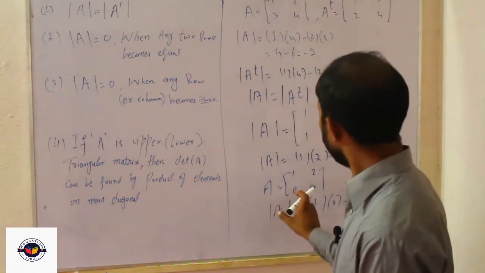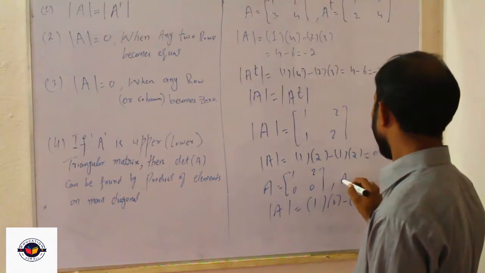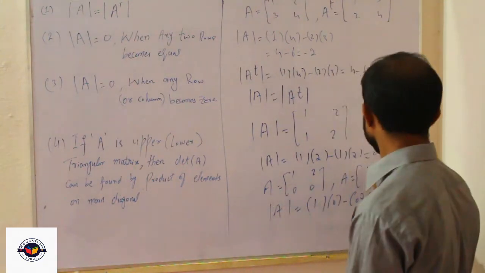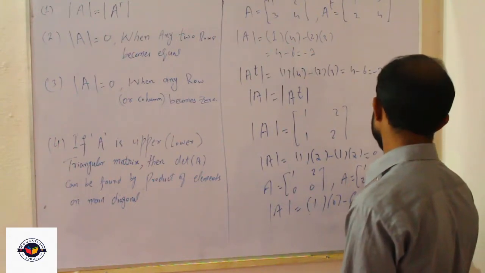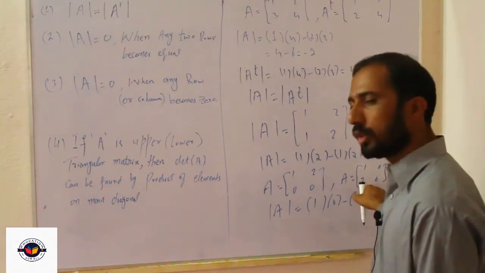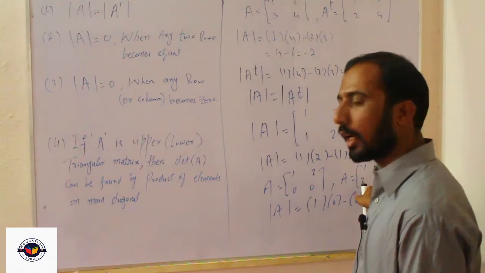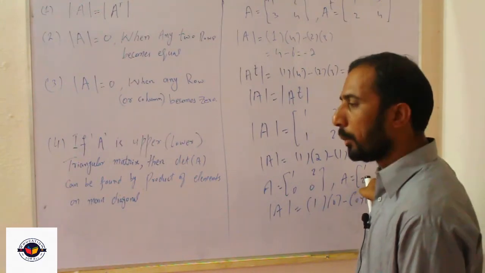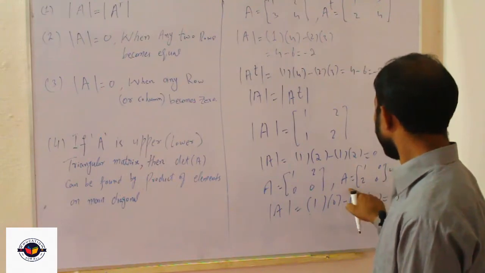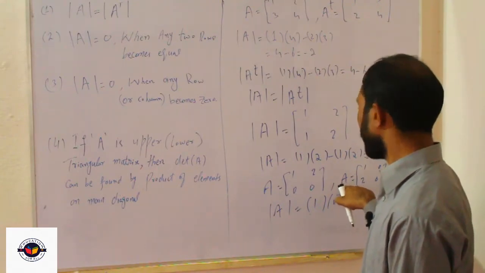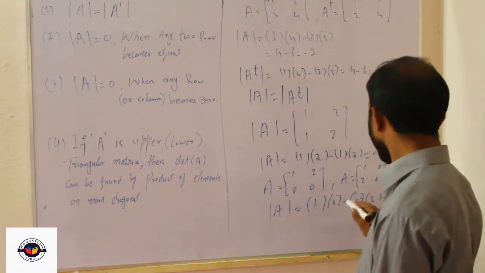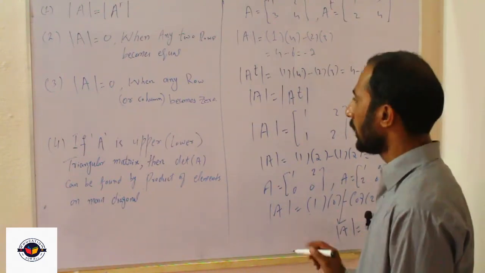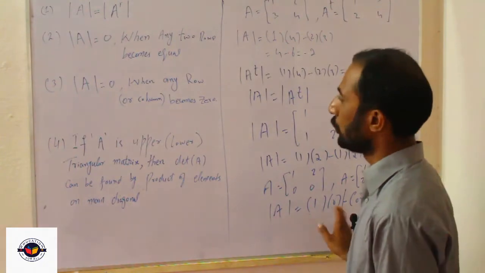Similarly, you can take the matrix A like this. Now in this case you see that the second column of this matrix A is 0. The complete column is 0. So when you calculate the determinant of this matrix A, again you will see that the determinant will be calculated as 0.